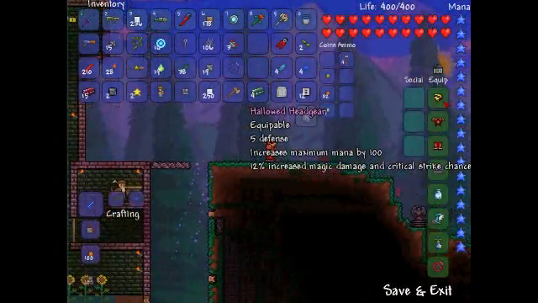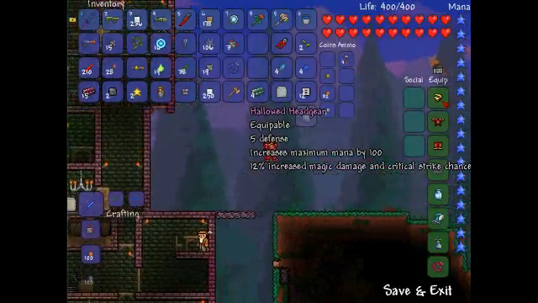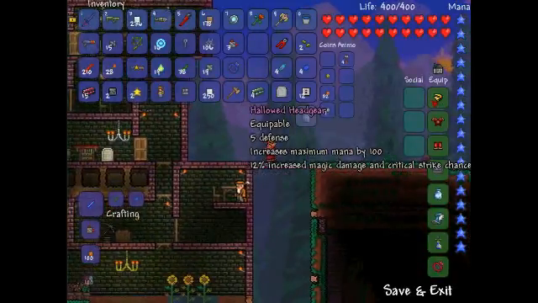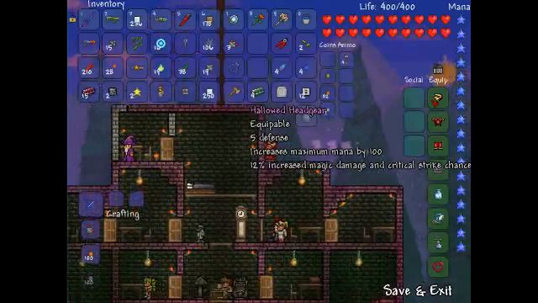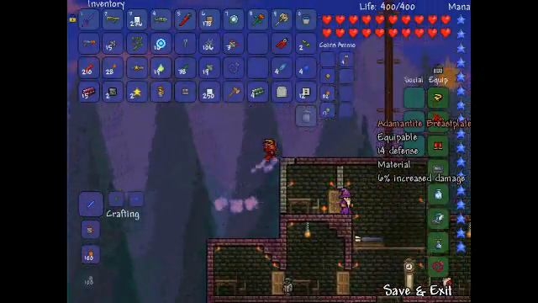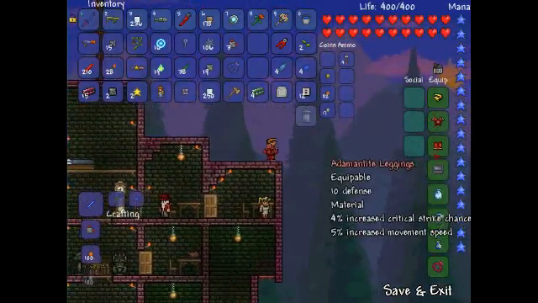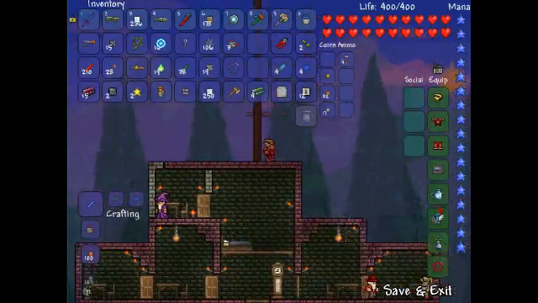This is hallowed. This is the best armor in the game. This is the headgear, which is, you know, there's 3 different kinds of helmet. One's magic orientated, one's combat orientated, and one's ranged orientated. And then there's the chest plate. Adamantite is the second best. And I have adamantite leggings and breastplate. And then, okay,